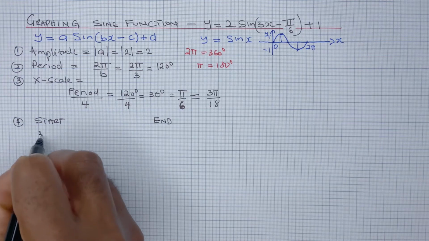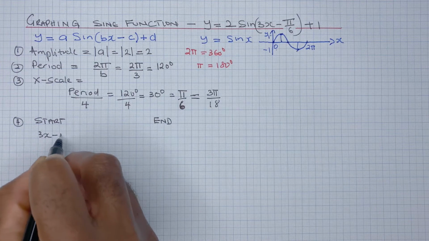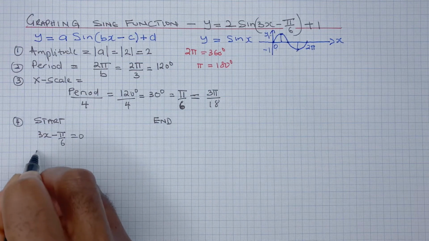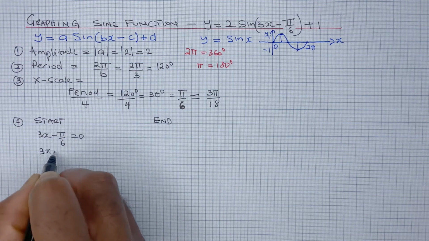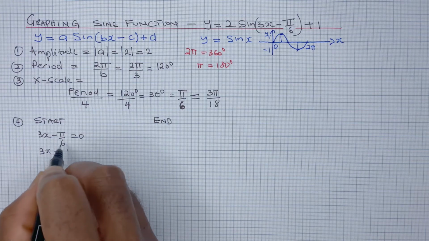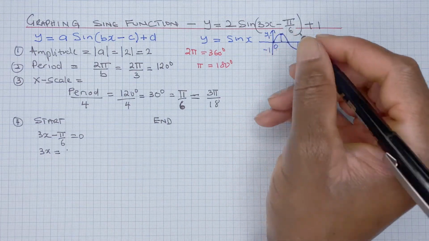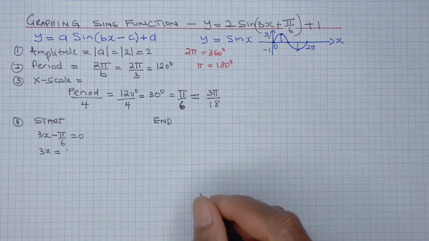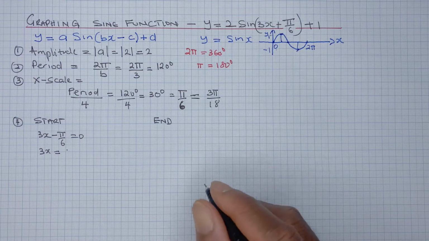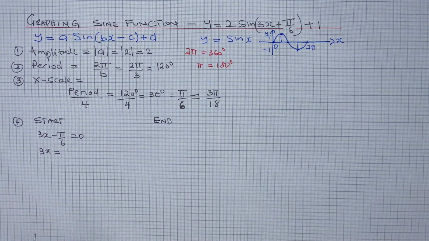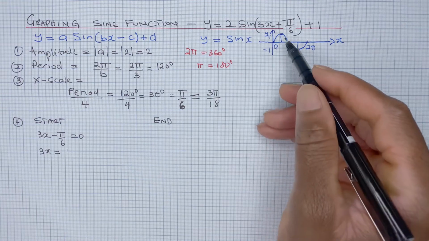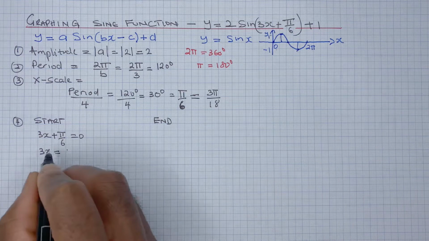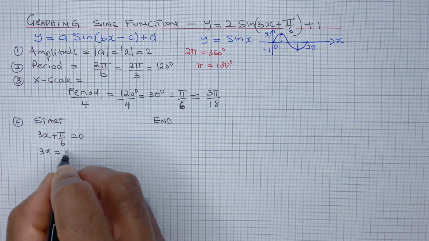So you get 3x minus pi over 6 equal to 0, and that implies that 3x equals, so ours is minus pi over 6. Actually, let's work with a plus pi over 6. How's that? That makes sense. So ours is plus pi over 6. So 3x plus pi over 6 equals